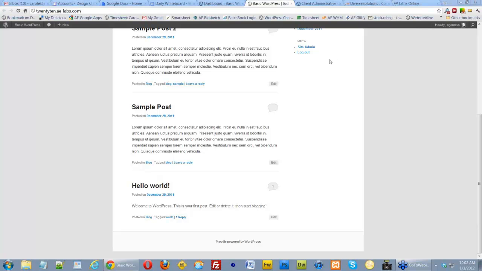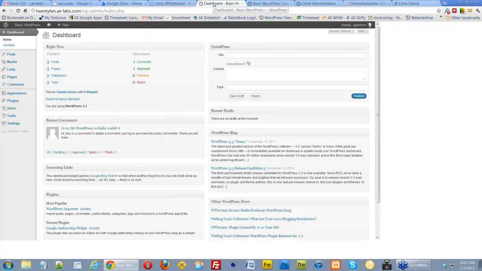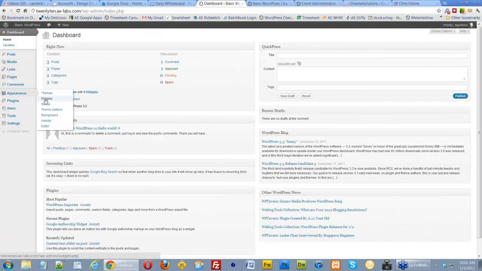So widgets are little entities that you can drag and drop to any of these widget areas. And the way you do that is in your dashboard. So I'm going to switch over to the dashboard. Then we're going to go down the dashboard menus under Appearance, and under the Appearance menu, there's an item that says Widgets. So if I click on Widgets,